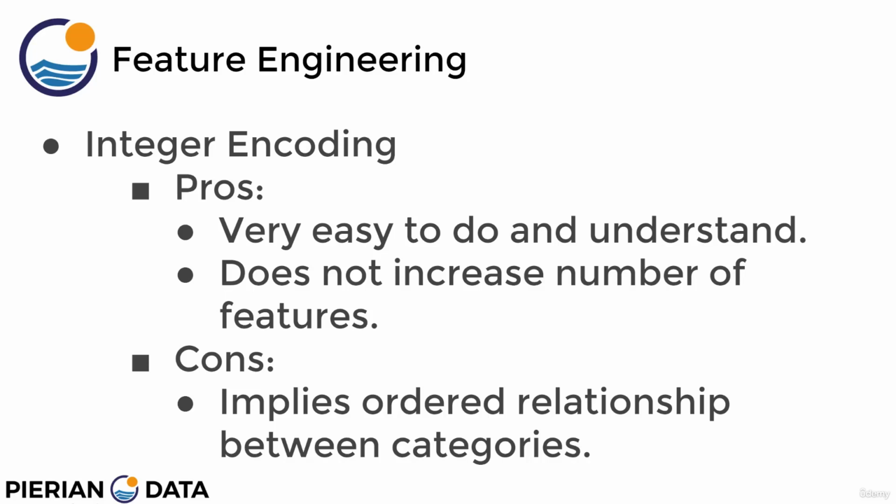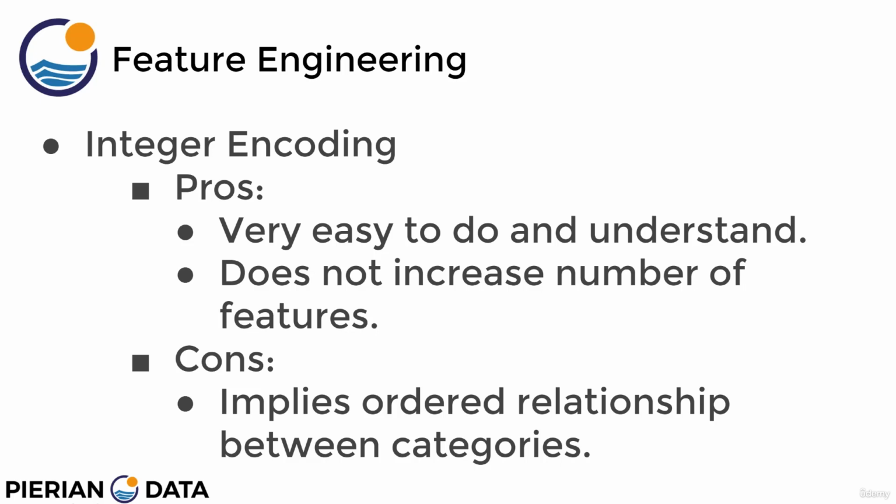So the overall pros for integer encoding is that it's very easy to do and understand for the most part. You're just calling something like .map and then map all the strings to a particular integer. What's really nice about it though is it doesn't actually increase the number of feature columns. We still just have that single feature column like country or spice level. It just happens to directly go from strings to integers. The major con for this though is that it implies an ordered relationship between the categories, which is often not